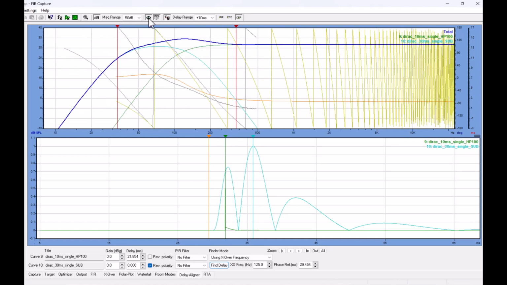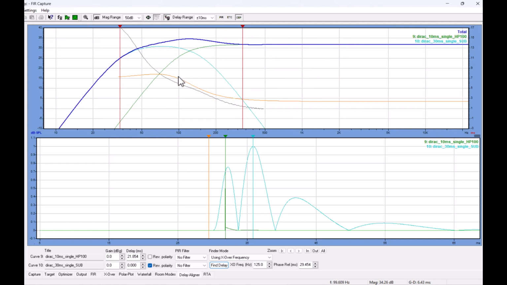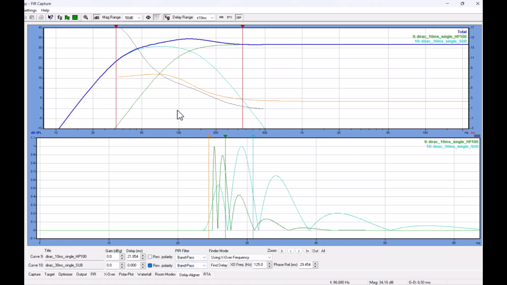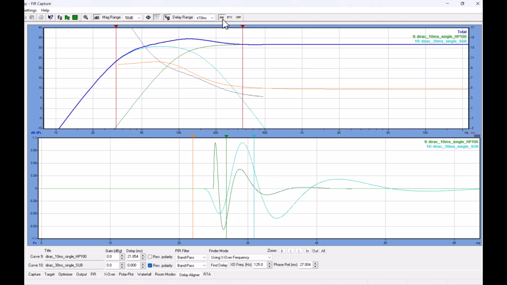Another feature is that these cursors can be used to filter out the impulse response in the crossover region, so you can apply bandpass filters to this area,